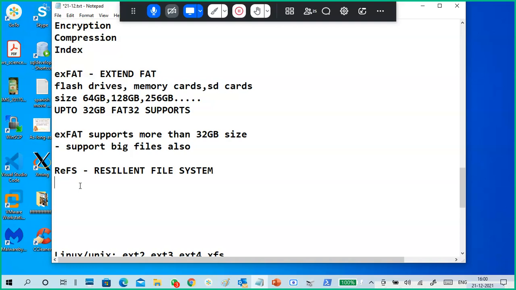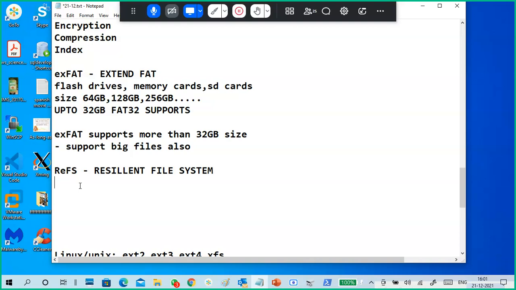Okay, so what is exFAT? Normally, we are using pen drives and memory cards in FAT format, but FAT supports up to 32 GB. Currently, big size memory cards like 64 GB, 128 GB, 256 GB, 512 GB, and 1 terabyte are also available in the market. Big pen drives, 64 GB and 128 GB, are also available.